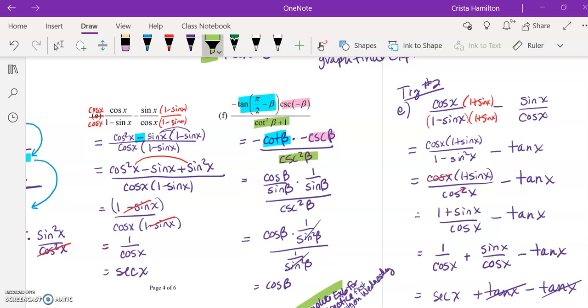All right, so that will be kind of wrapping up this. Hope you had fun with those. Those are the super challenging ones, and we'll move